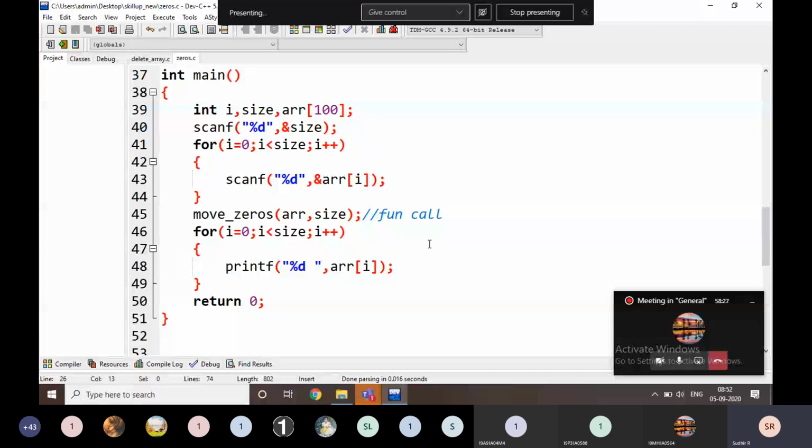Is it done, everyone, the main functionality? Students, hello?